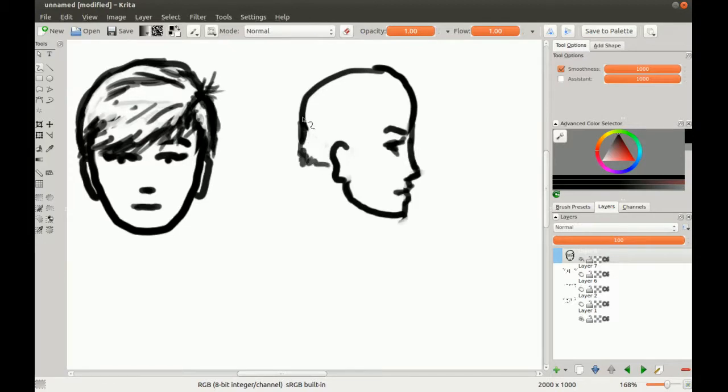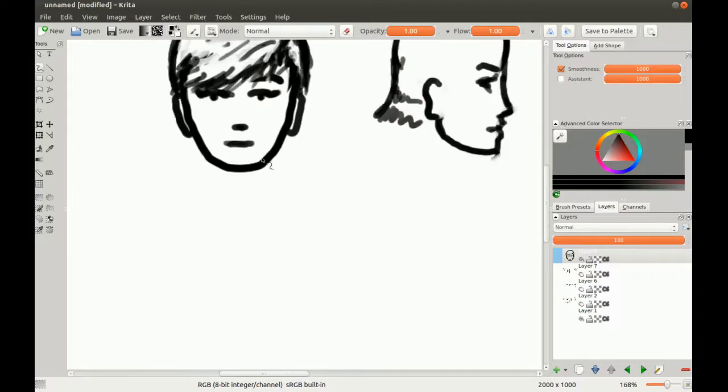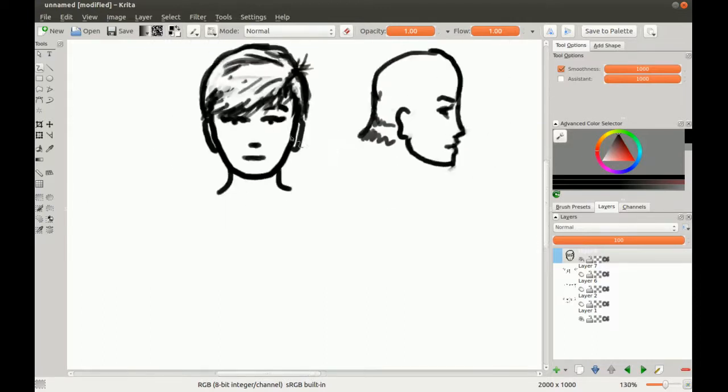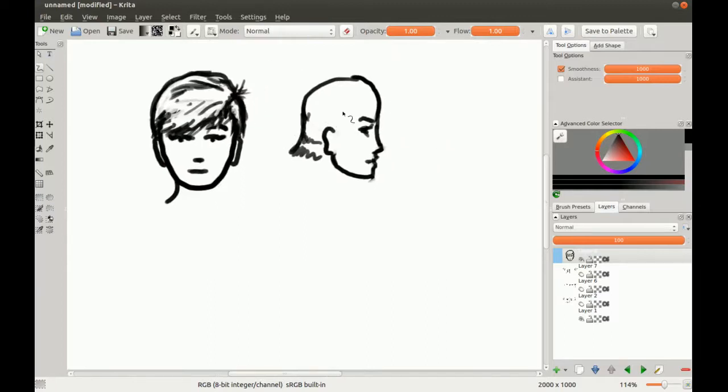With this kind of hair here, I feel like I'm not going to have it come back like that, because obviously we don't see it over here. If I were to draw her neck in, because we're giving her that boyish hair, what happens here from the side view is